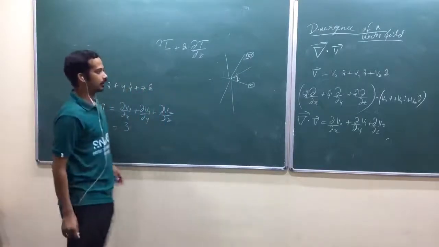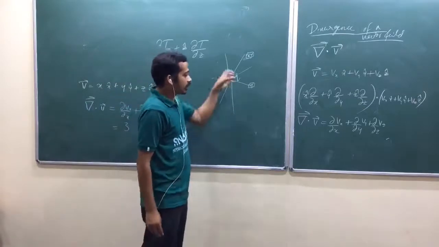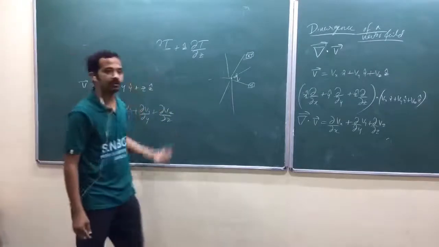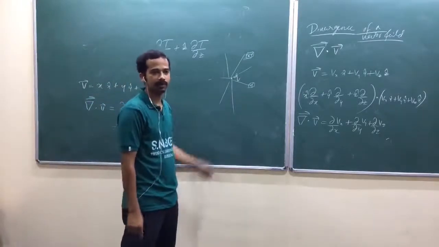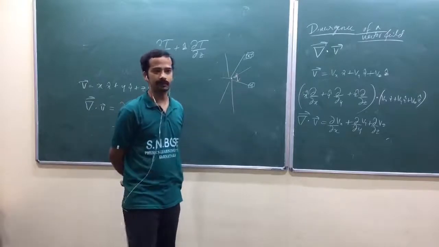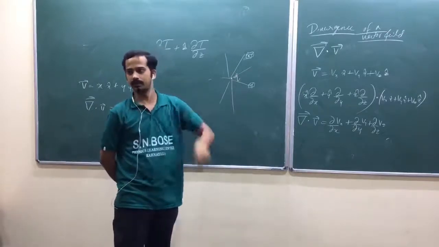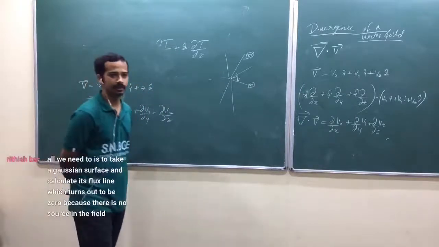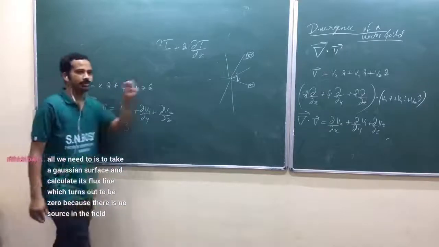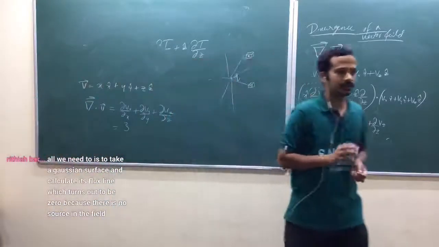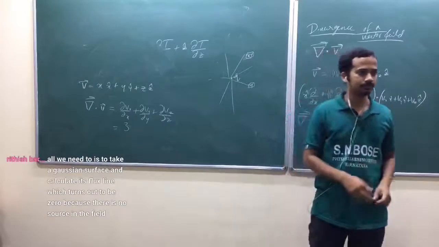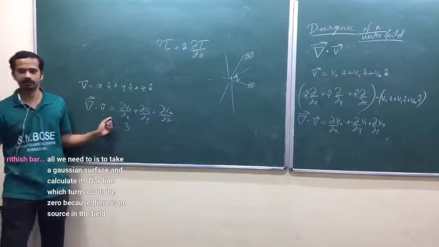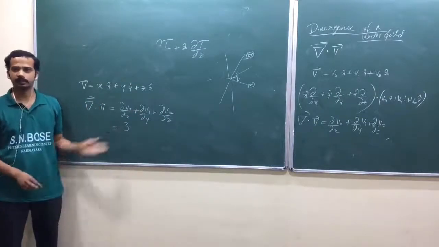So this divergence of an electric field, later it will give a lot of ideas. It will give the nature of the electric field. Electric field cannot terminate in air. If it terminates in air, then there should be some charge at that point. Or if it starts in air, then there should be charge at that point. So whenever the divergence is non-zero at any point in space, you can just think there is some source. So now, there is a source everywhere, isn't it? This divergence is non-zero everywhere. There is a source everywhere.